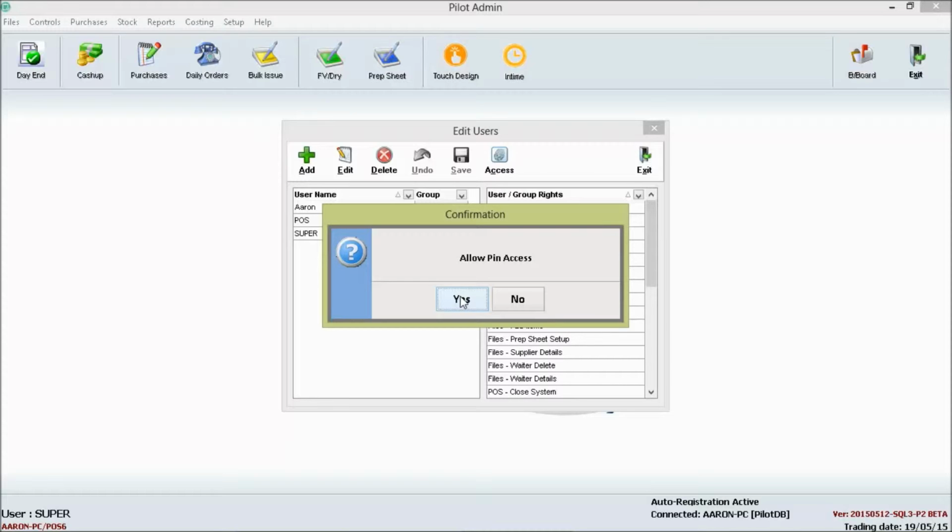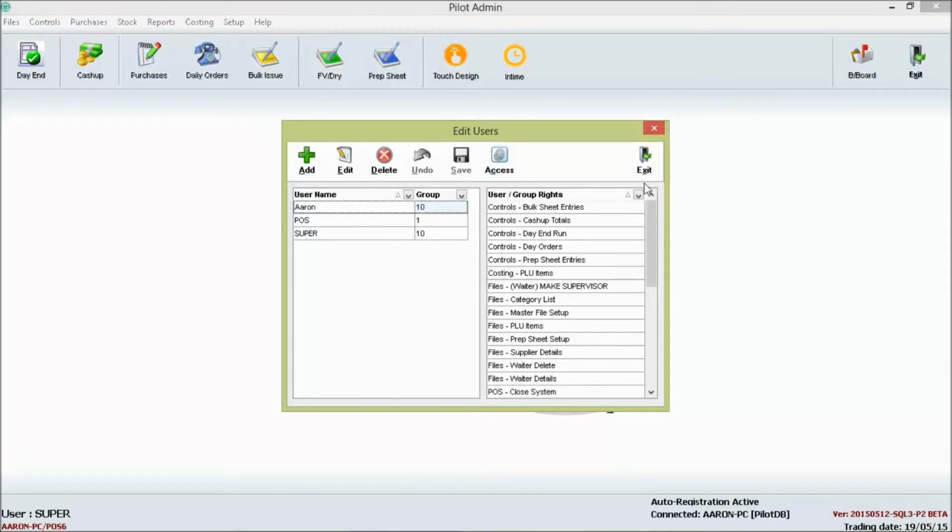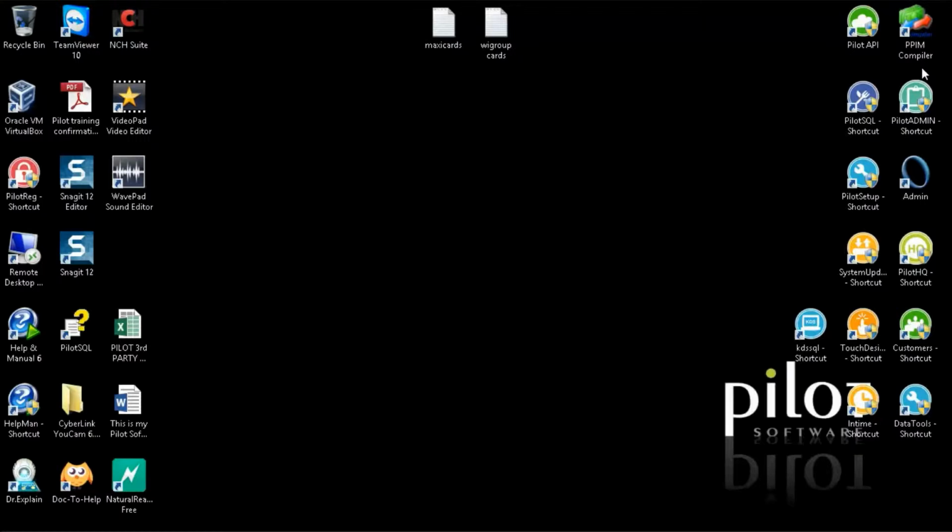In this case, I will click on Yes. At this stage, do you wish to register a new fingerprint? You will then click on Yes. After registering your fingerprint, you'll notice that when exiting the system and going back in,